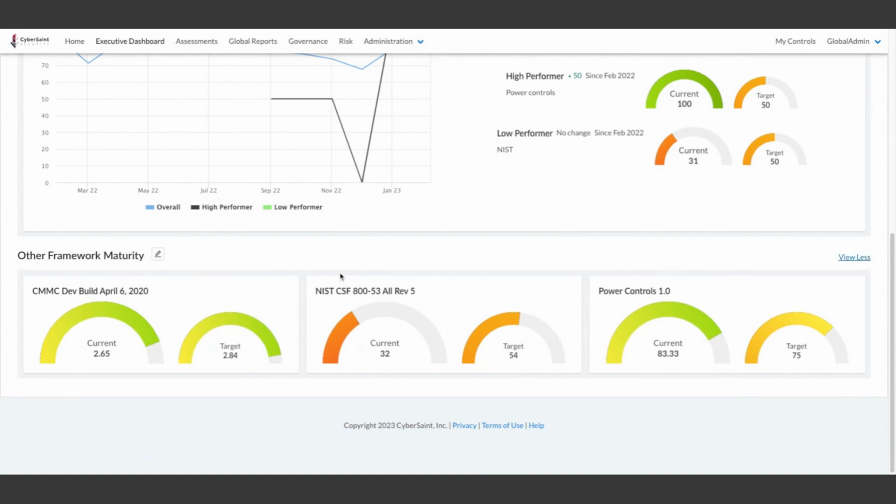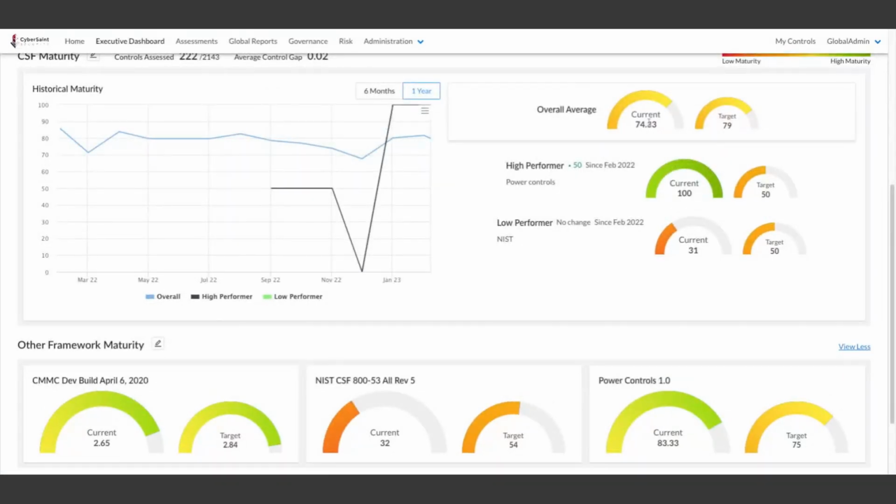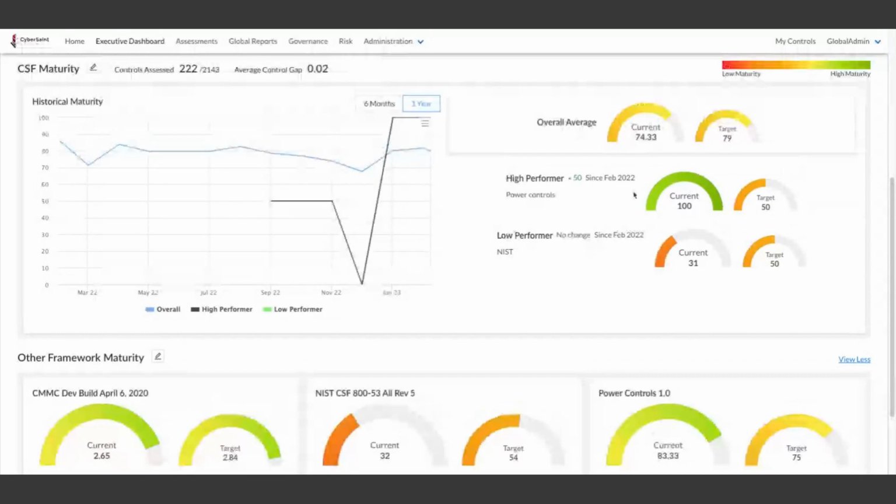panel. This rolls up all of the assessments under those frameworks, and it uses the score that is relative to that framework. So in this case, 2.65 means something different to the CMMC framework as opposed to this 32 for the NIST CSF 853. Something to call out as it relates to that is the numbers on your CSF maturity widget are all normalized 0 to 100, so that we can take into account those frameworks like CMMC2 that is more of a subtractive model from 110, and you can easily compare your high performer, low performer assessments without having